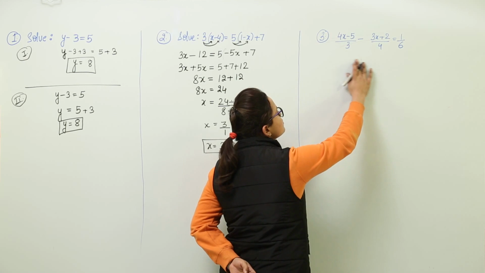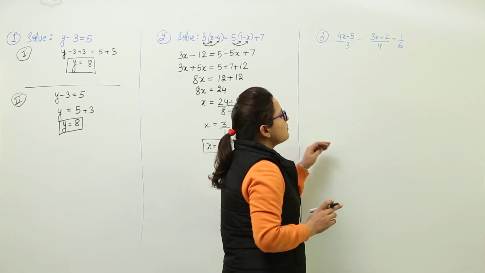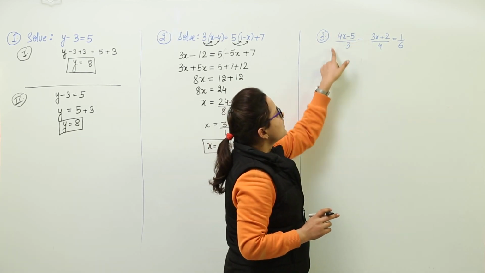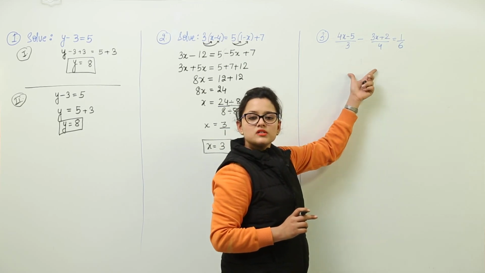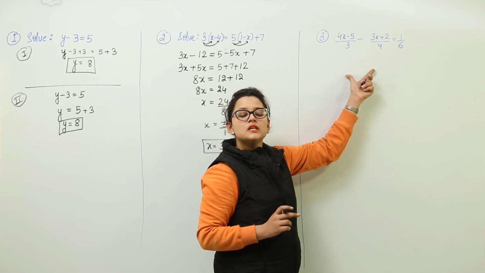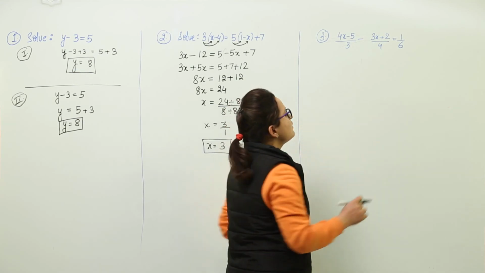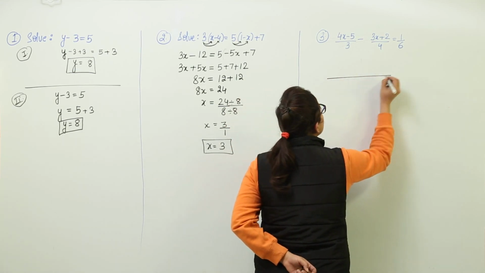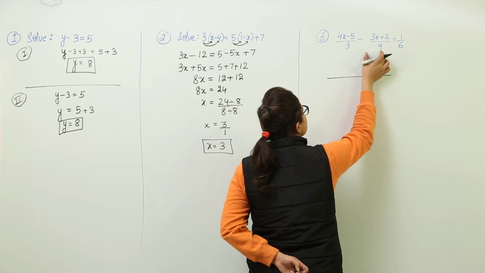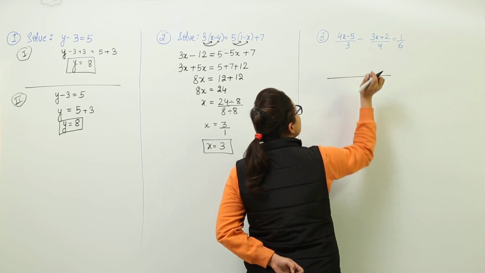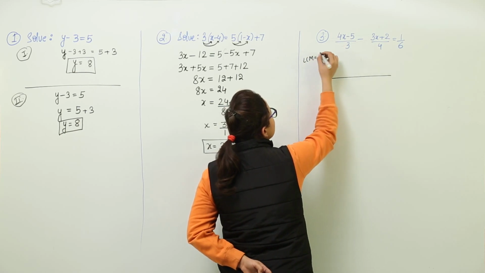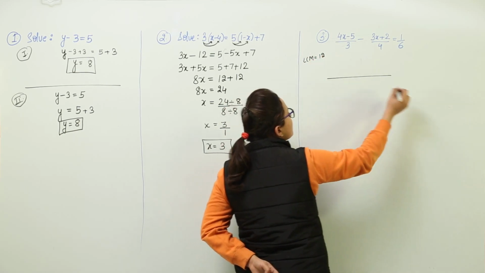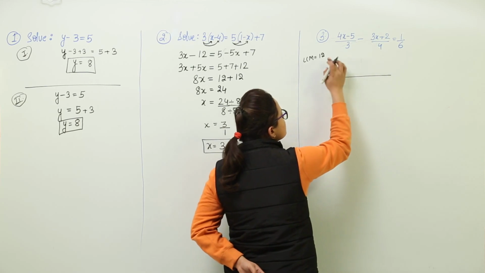Here also we are going to solve this equation. It looks a bit more complicated because here we have the fractional form of the equation. It's very simple. The fractional form is to be reduced by using the LCM method that we have learned. So we are going to calculate the LCM for both the fractions. Here the denominators are 3 and 4. So the LCM of 3 and 4 will be 12. You can find that out.